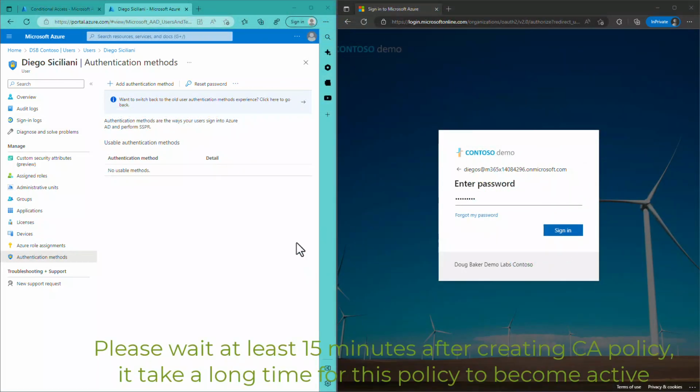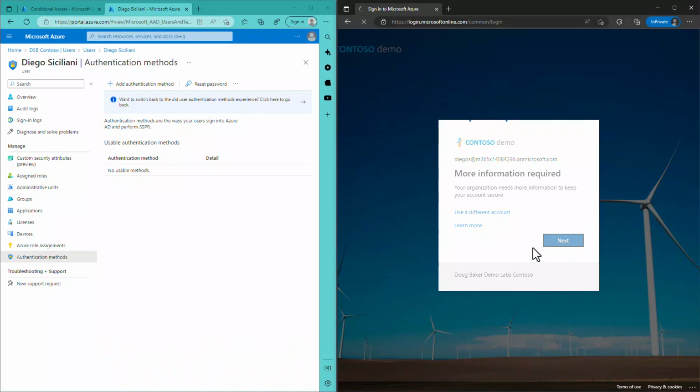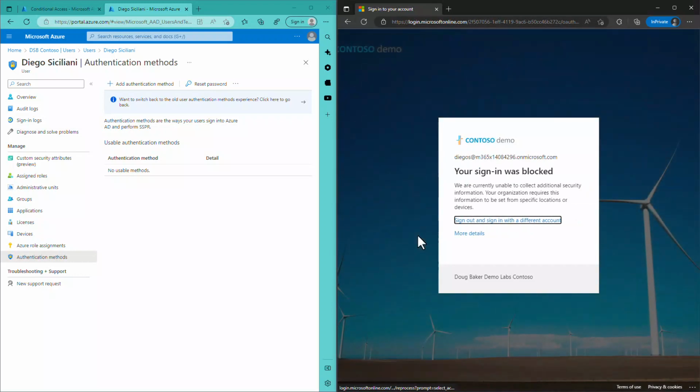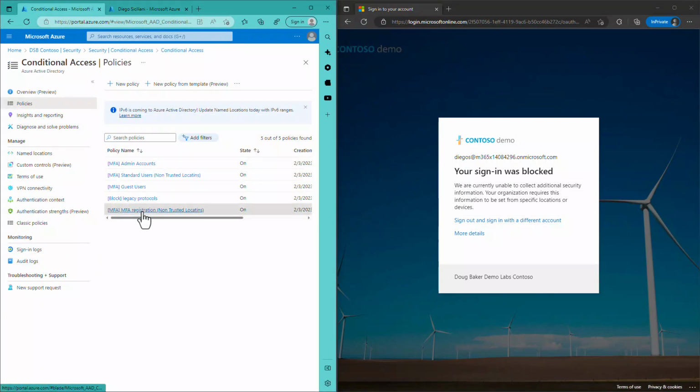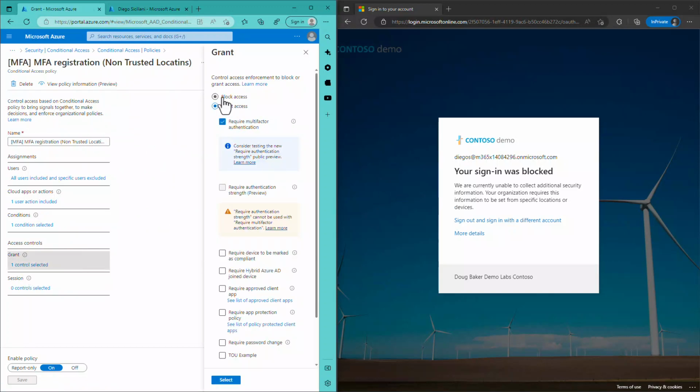All right, Diego is now off campus, still hasn't registered for MFA, and let's go ahead and sign in now. And again, typically you'll get the sign in and in this case, more information required for him. And if we try to proceed to do that MFA registration, now Diego is going to get blocked, right? Just like as we designed the policy. Now, in our case, what we did in this one is MFA registration was the requirement in this grant. Again, if you switch to block or require MFA, that will be his sign-in option, right? He'll get the same experience either way. However, the nice thing about doing this